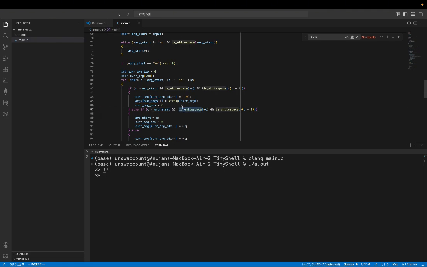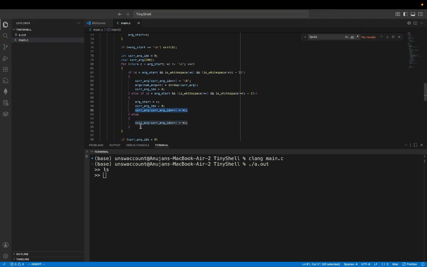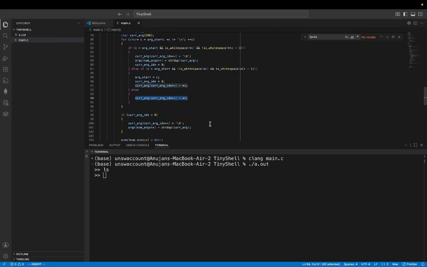Else if C is arg start and it's not white space, and the previous guy is at white space, we found a new starting for the argument. This sets to 0, and we should add this to the array, which makes sense. Else we should just add the character to the argument, and then if this is greater than 0,